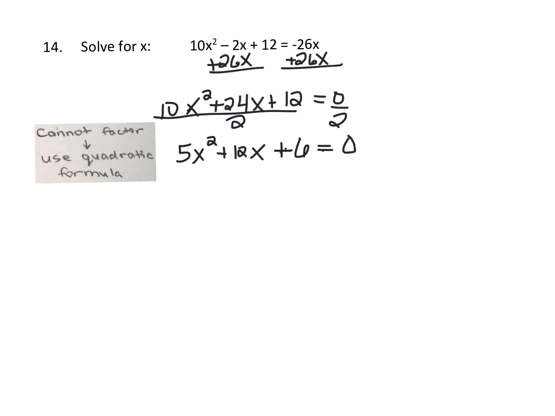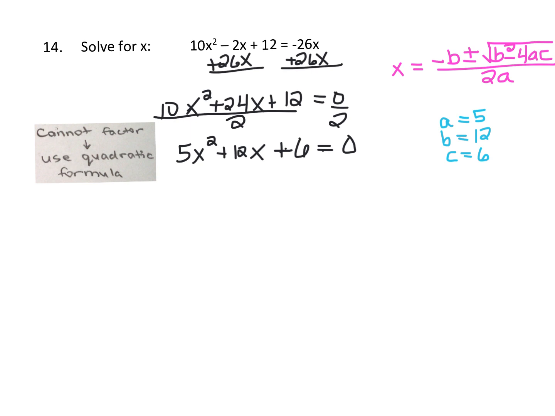So personally, I'm going to use the quadratic formula. Okay, so here's our quadratic formula. This is the formula itself, and our A is 5, our B is 12, and our C is 6. So I just wrote that off to the side. So what I'm going to do is take these numbers and just substitute them into the formula. So we'll have x equals, I guess I'll do that over here, x equals, so negative b, so negative